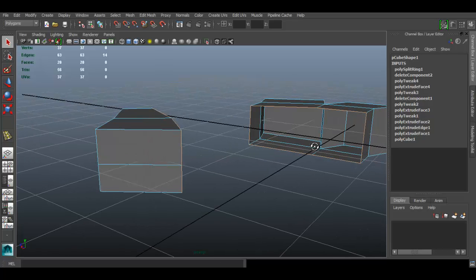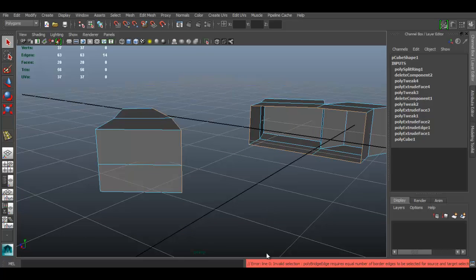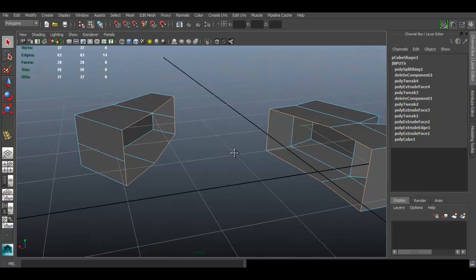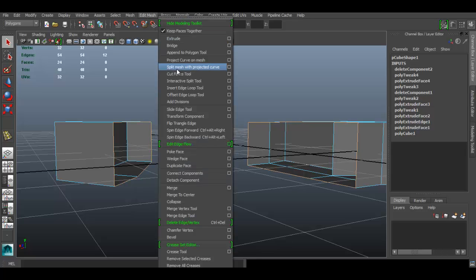If I double click on those, and if I go to Edit Mesh and Bridge, I'm going to get an error from Maya. It tells me that they require an equal number of border edges for it to bridge. I'm going to undo,